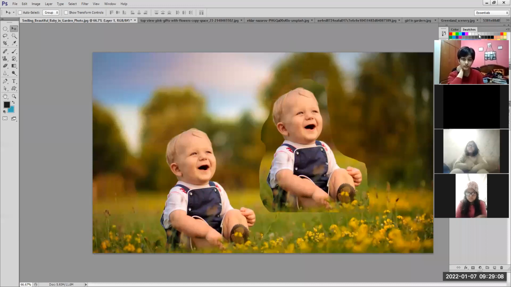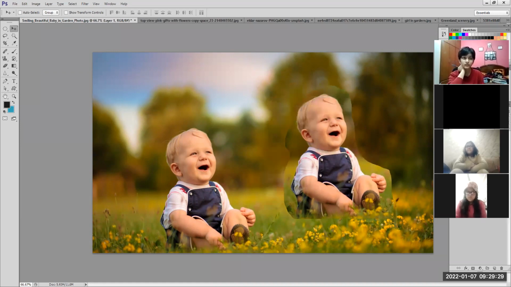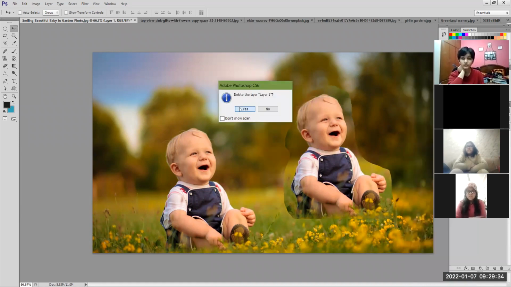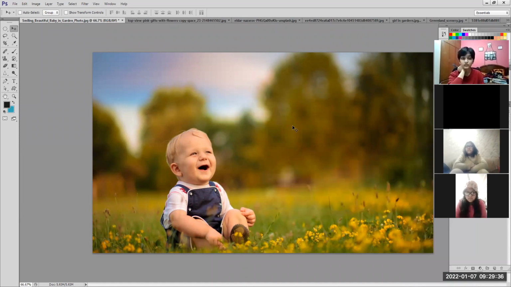Selection tool के बाद you can use the copy also, selected area you can copy also. Now in the layers panel you will see 2 layers, background layer and layer 1. Background layer is this layer, and this is on layer 1. If I delete this layer, that area will be deleted. Okay, ji? Clear? Lasso tool clear?